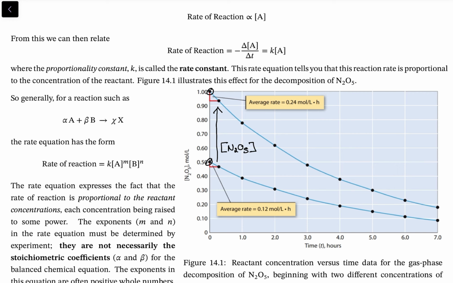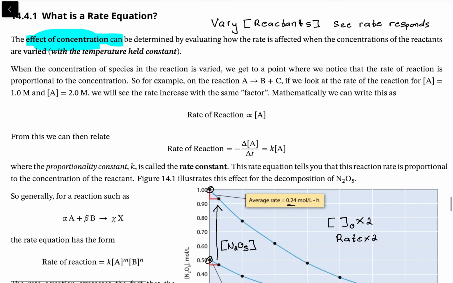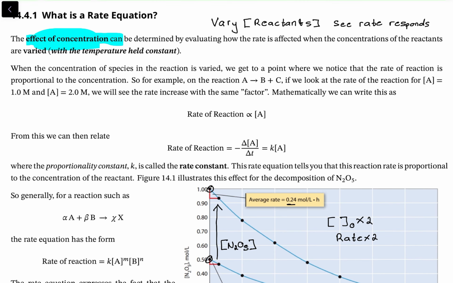And what do you notice about the average rate? The average rate also doubled. So that tells us that the initial concentration of the reactant was doubled and the rate also doubled. So what that then tells us is that there must be some proportionality between the rate